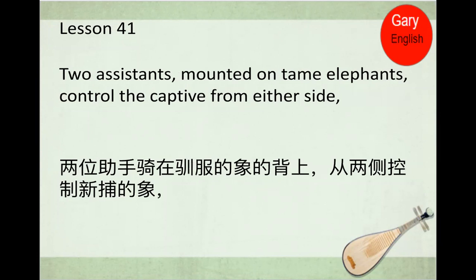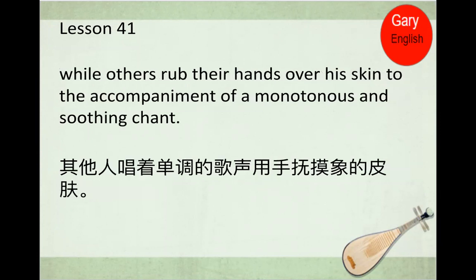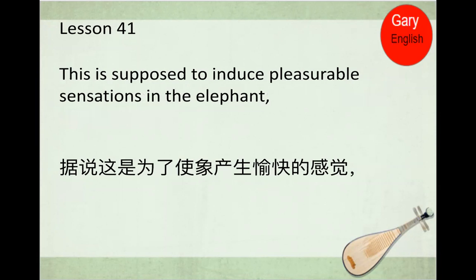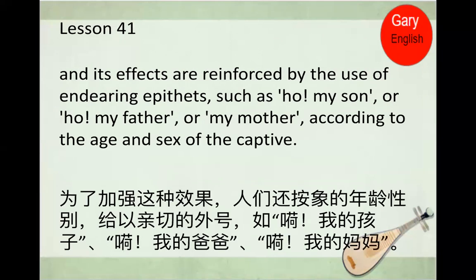2 assistants, mounted on tame elephants, control the captive from either side, while others rub their hands over his skin to the accompaniment of a monotonous and soothing chant. This is supposed to induce pleasurable sensations in the elephant, and its effects are reinforced by the use of endearing epithets such as, "Ho, my son," or "Ho, my father," or "my mother," according to the age and sex of